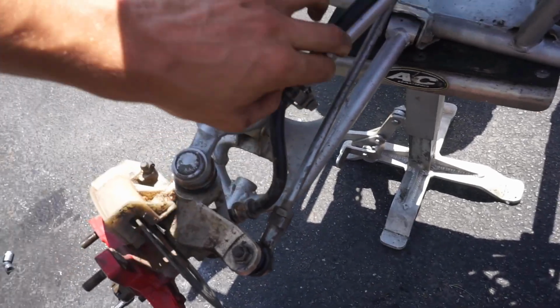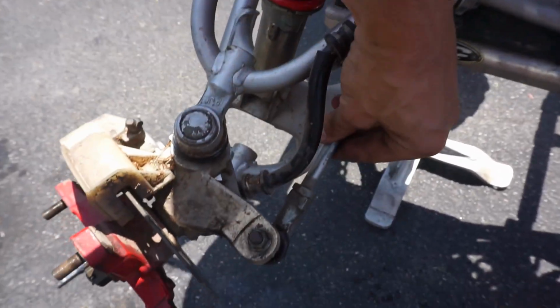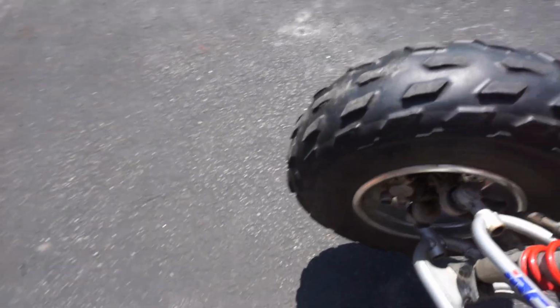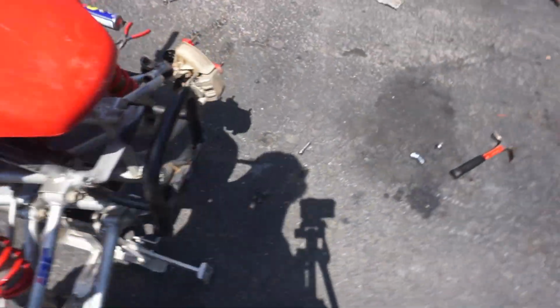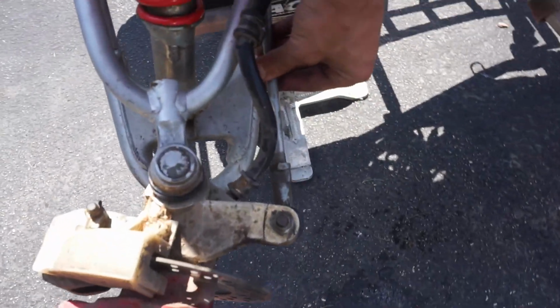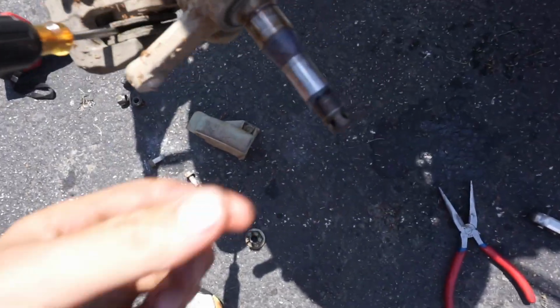Alright guys, tie rod's back on. And now when you try to move it, it doesn't move at all. So that's nice and tight, just like this one over here. So maybe that will do the trick. Alright guys, so